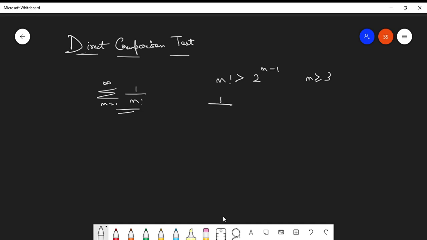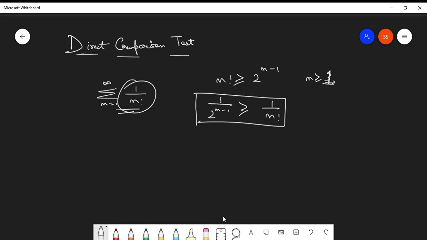Then we converted this to the one which is greater than 1 over n factorial, and we used this. We can also check that it is less than or equal to 1. This is what we did basically, and we went through the convergence of this using the direct comparison test. In this lecture we are going to go through the other comparison test, which is the limit comparison test.